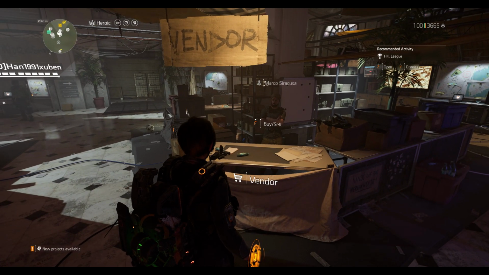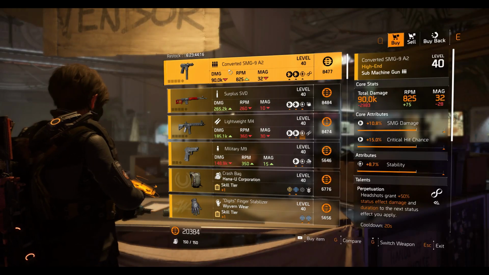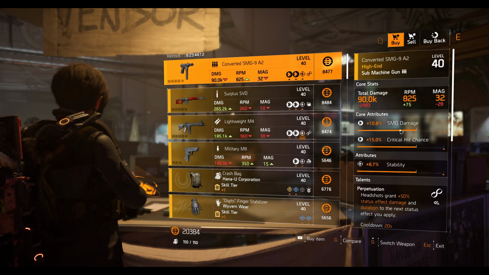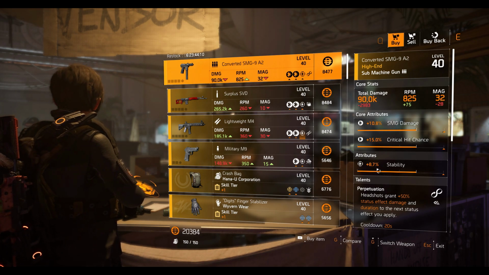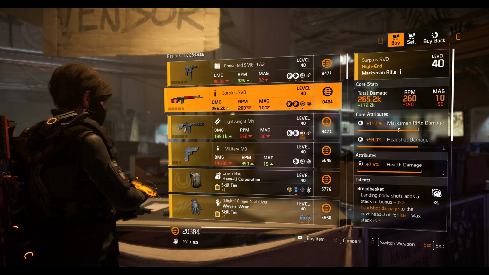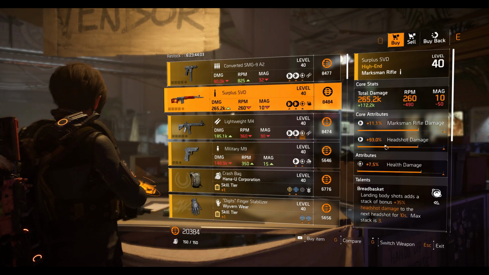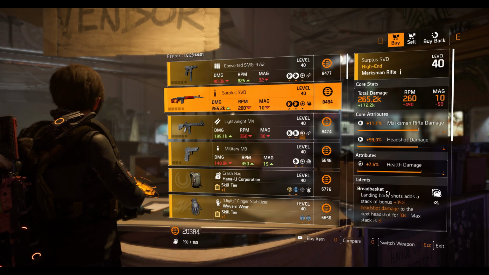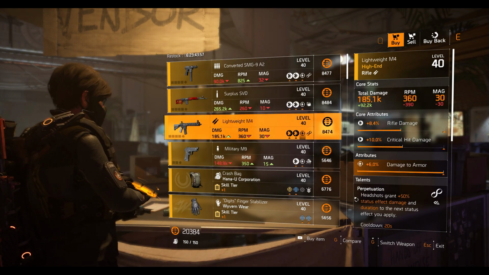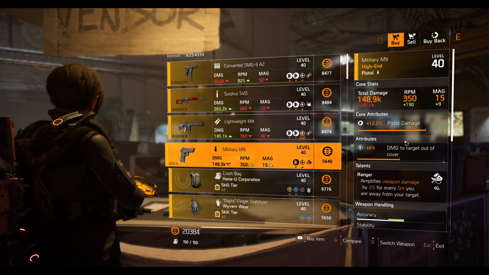All right, guys, we're here at the final vendor, so let's take a look. We got the converted SMG 9A2 SMG with 10.8% of SMG damage, 15% crit chance, 8.7% stability, perpetuation talent, surplus SVD marksman rifle, 11.1% of marksman rifle damage, 93% headshot damage, 7.5 health damage, breadbasket talent, lightweight M4 assault rifle with maxed out damage to armor, perpetuation talent, military M9 pistol with